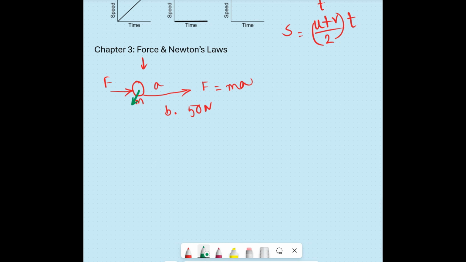So the mass of this object is, say, 10 kgs. And if we apply 50 Newton of force here, it will achieve 5 meter per second square. So here is 50 Newton. It means F equals m into a. So m is 10, obviously 5 is equal to the acceleration. So we can define